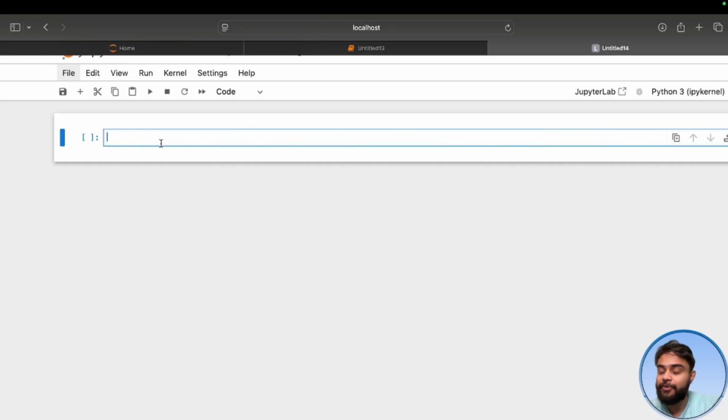So firstly, what you have to do, you have to import two most important libraries. First one is Seaborn and the second one is Matplotlib. Both libraries are generally used for data visualization. What is the concept of data visualization? Generally, whenever we are converting raw data into pictorial form, into graphical representation, that concept is known as data visualization. So here what you have to write, import